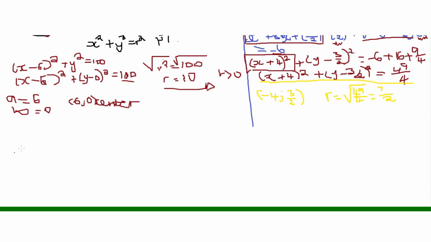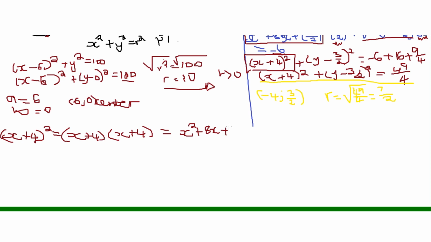Then we know x plus 4 all squared is going to be x plus 4 times x plus 4. This becomes x squared plus 4x plus 4x becomes 8x plus 4 times 4